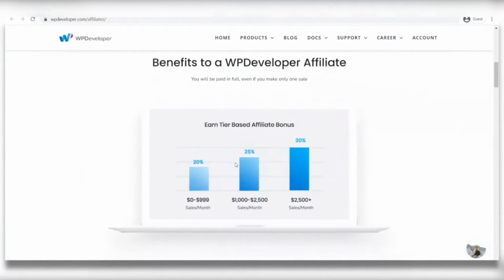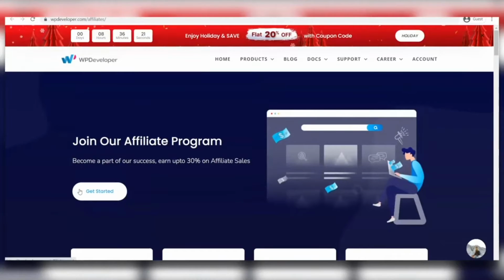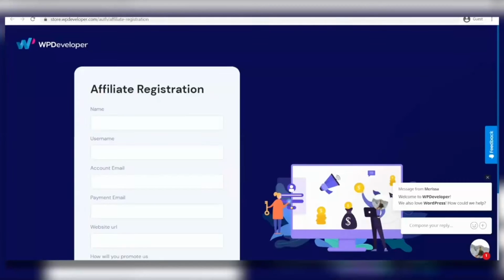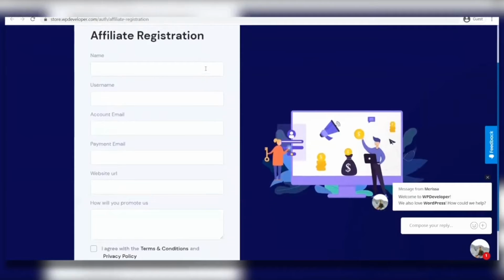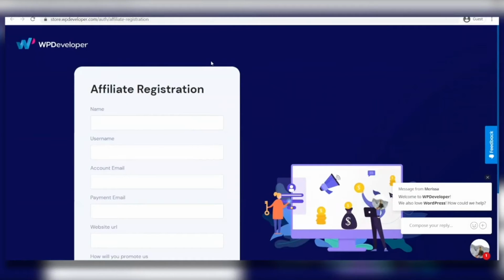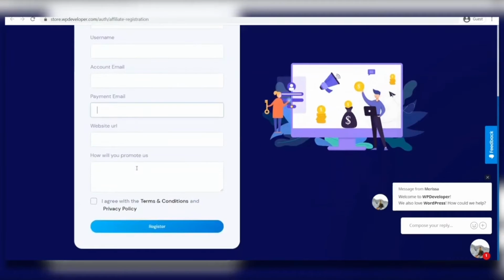And if you scroll back up to the top and click on Get Started, you're going to see that the page will now be showing you a registration form that you're going to have to fill up and apply all of the information that's being asked of you to be able to create an account. Now, be careful when you're doing this because it all has to be correct so that you can get accepted. So just write your real name and your email address, and since you are going to be required to verify your email address later. And then in the payment email address, you can write your PayPal email address,